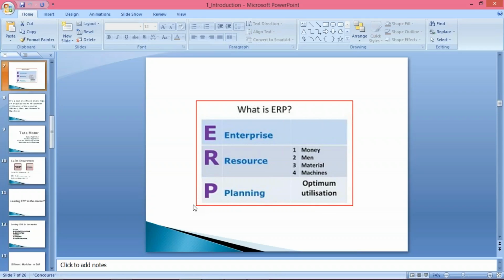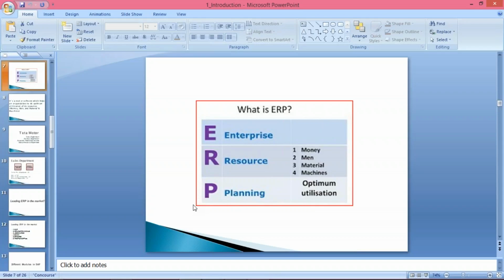Now, the second one is resources. So what are the resources in any organization? In every organization, man, money, material and machines are the resources. Resources means the elements required in order to run an organization.